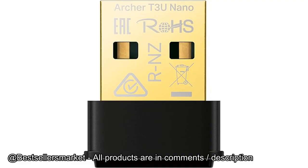And now, the moment we've all been waiting for, the #1 best-selling network transceiver on Amazon. Topping our list is a product that redefines what it means to stay connected. Introducing the TP-Link Nano USB Wi-Fi adapter, RJ-45 Nano. This is not just a Wi-Fi adapter, it's a gateway to seamless high-speed internet, all packed into a sleek, nano-sized